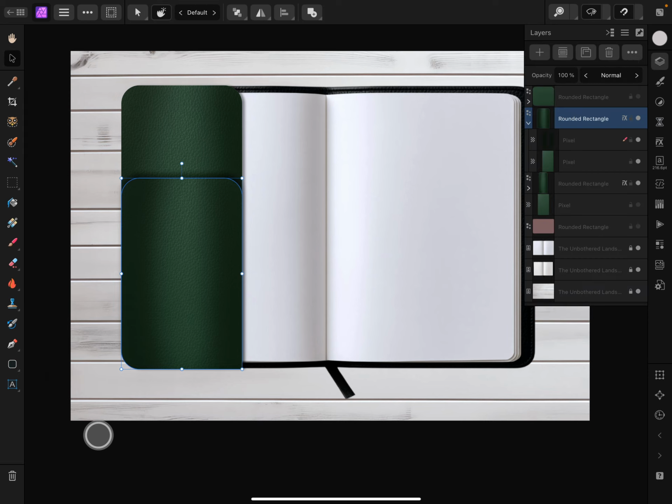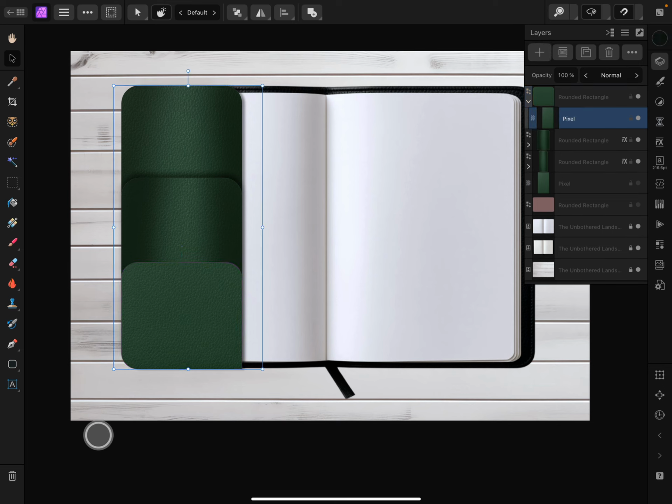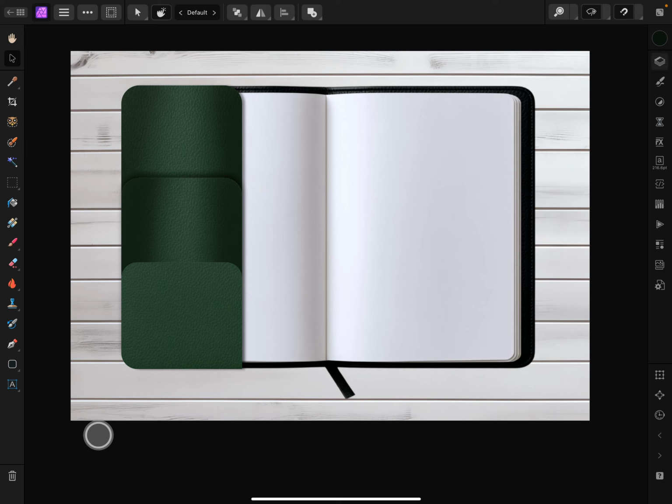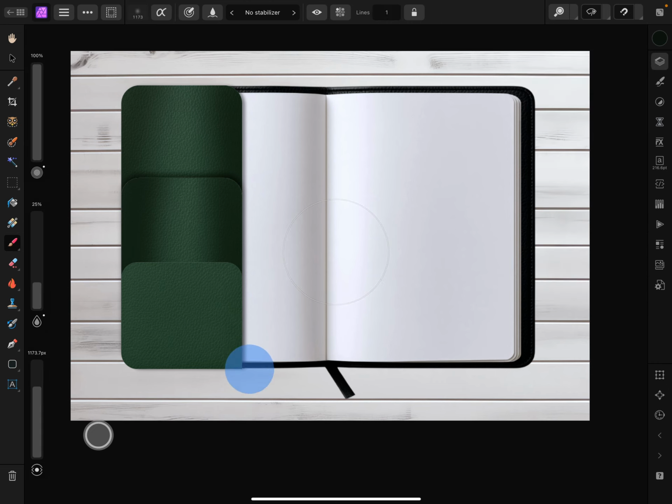And now we will do the same thing for our last pocket, our little guy here. So we're going to expand that. We're going to tap on pixel. We're going to hit plus, insert that pixel layer, grab our brush tool, create those shadows on the end. And this one, I'm actually going to do a little bit on the bottom too, to give it that dimension there at the bottom. And once you're happy with that,